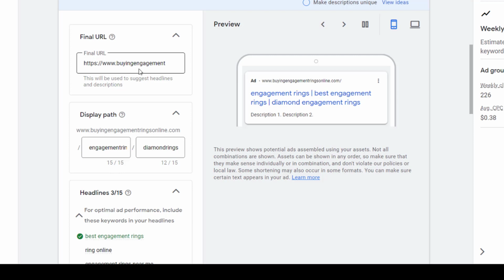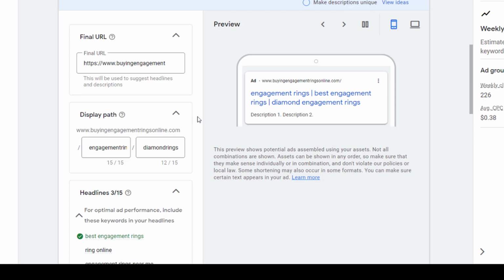This is where we actually want to send our traffic. I generally recommend using a landing page, as this converts at a much higher rate than a normal website. However, it's up to you where you send your traffic.